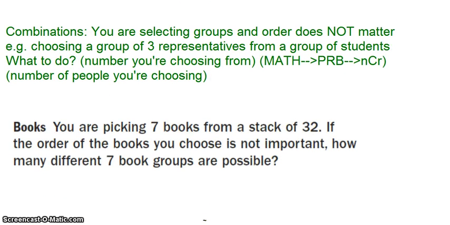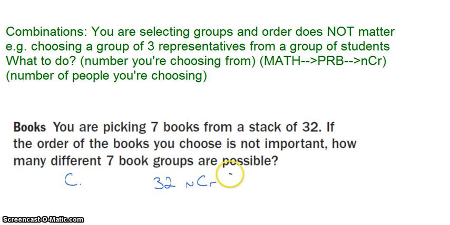Because the processes for these are so different, just make sure that you identify for yourself which situation you're going on. So here I'm picking 7 books from a stack of 32. Order does not matter. How many groups of 7 books can I choose? So this is a combination. So in my calculator, I'm going to type in 32, since that's what I'm choosing from,